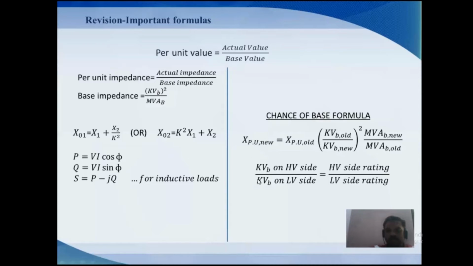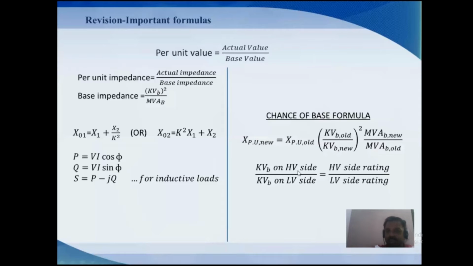The base values of the primary side and the secondary side of the transformer are changing because the low tension and high tension side voltage ratings are different. In that case, if any one side's base voltage is known, from that base voltage we calculate the transformer's other side base voltage. For example, if the low tension side base voltage of the transformer is known, you can calculate the high tension side base voltage. Just cross multiply the terms.